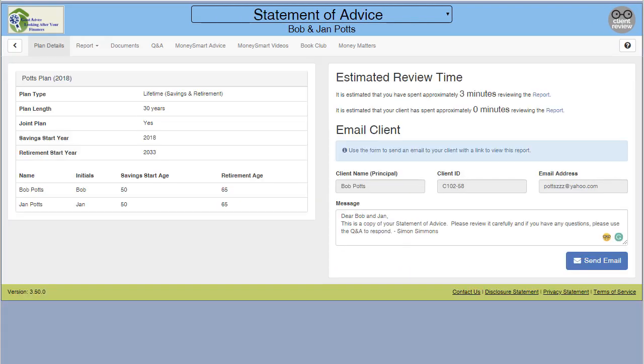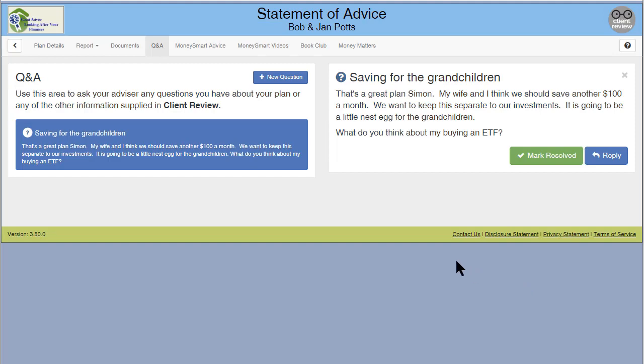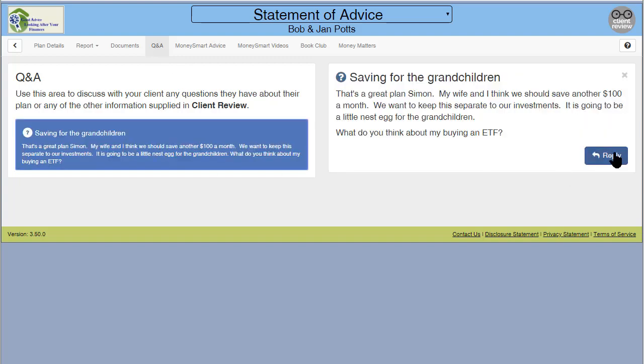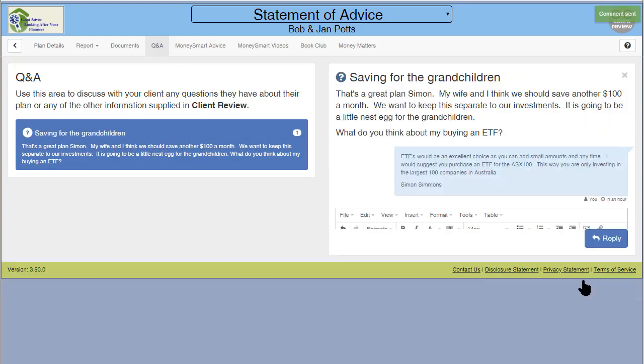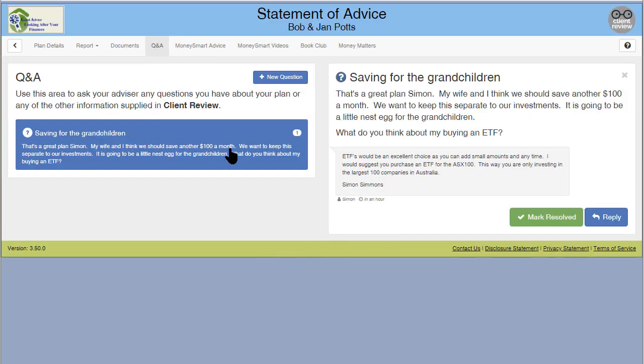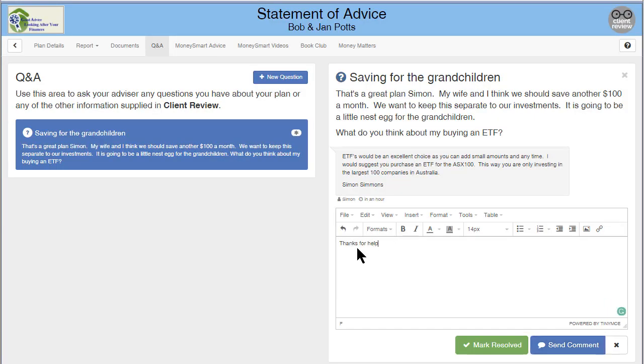For all reports uploaded, the advisor can increase compliance. The feature Q&A allows the advisor to send a link of the report to the client. As the client reviews the report, the client can ask questions which are emailed to the advisor. The question is placed on the left-hand side and the advisor's answer on the right. Communication between the two parties can continue until the question has been resolved, at which time the client can mark